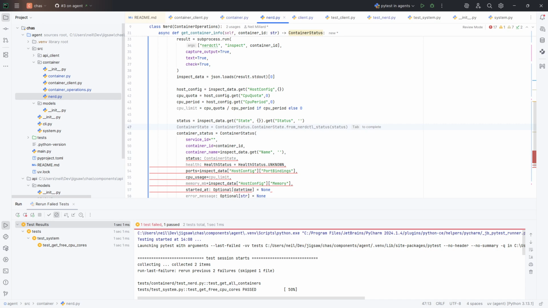What the heck is it suggesting? It's suggesting container state equals container status dot container state from nerd status. What the heck's from nerd status? That's just something it's made up. Absolutely made that up. Gotta love it. Let's create a function that doesn't exist. I mean, it's fair, but we probably do need to do something like that because